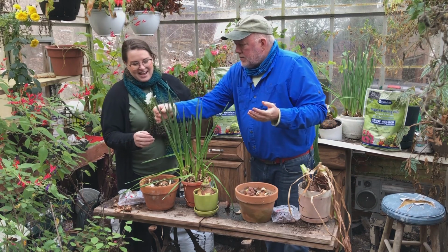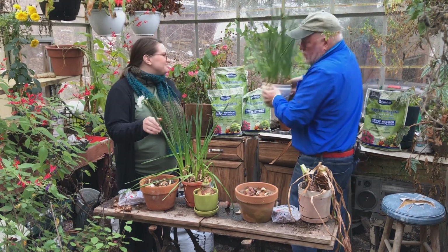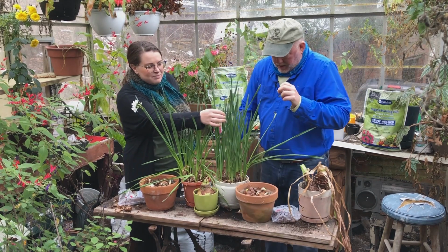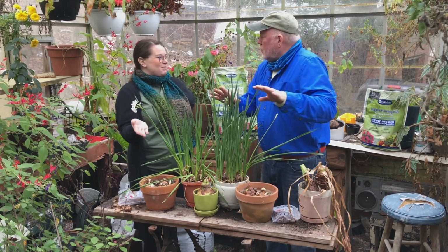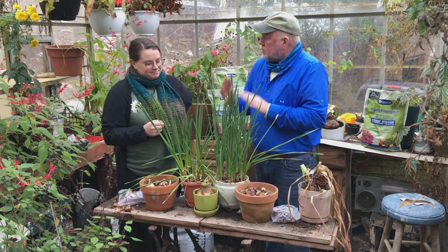Yeah. No. Look, it's got some flowers. And if you look at these, this one has even more buds that are coming. How do you have them? They're not all paperwhites blooming? They're not all blooming. Okay, so some of them didn't do it, but here's the trick, and we use